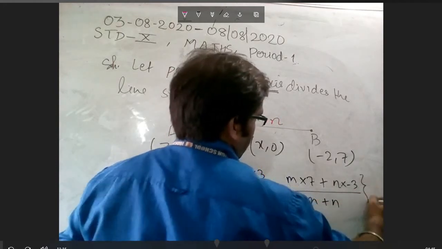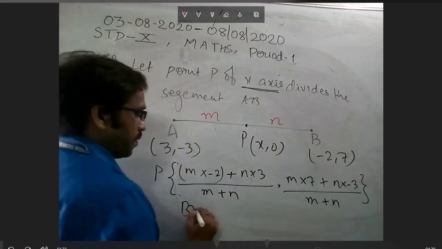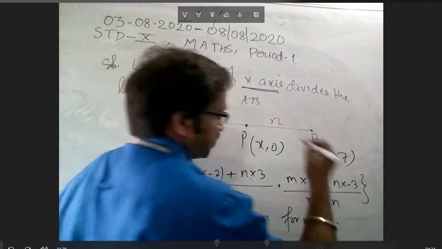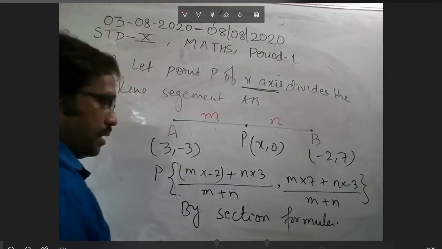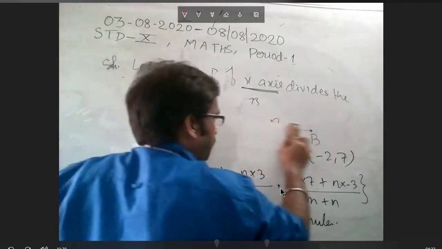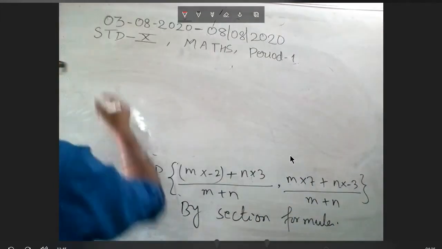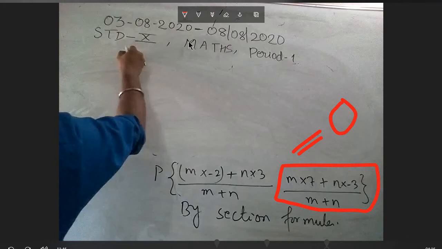Now what? One hint they have given, and we have used it also, but not in the calculation. Now that hint is coming in our calculation part. What is that hint? You are very much familiar with this. The hint is that the y coordinate is 0, that means its ordinate is 0. So I will focus here on this part. My focus will shift now to this part here. Why? Because this is equal to 0. Okay, that's why. So let us see this.